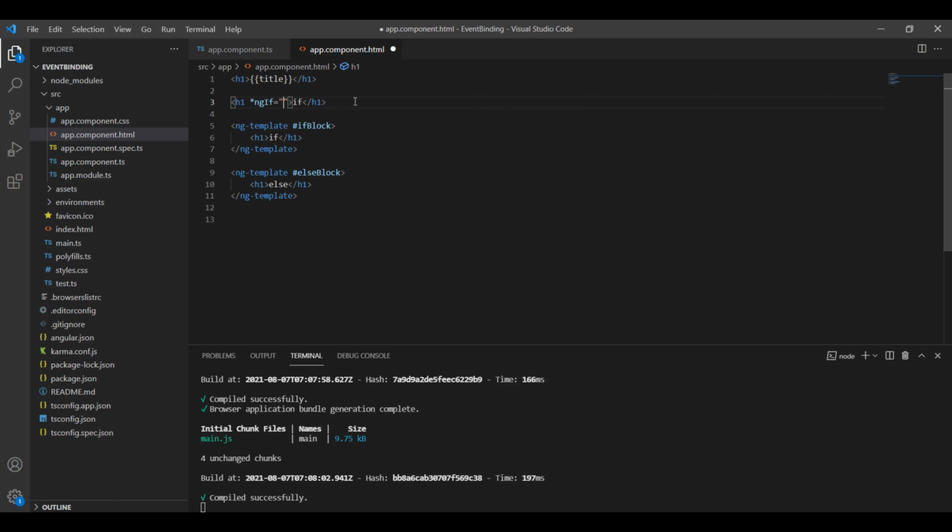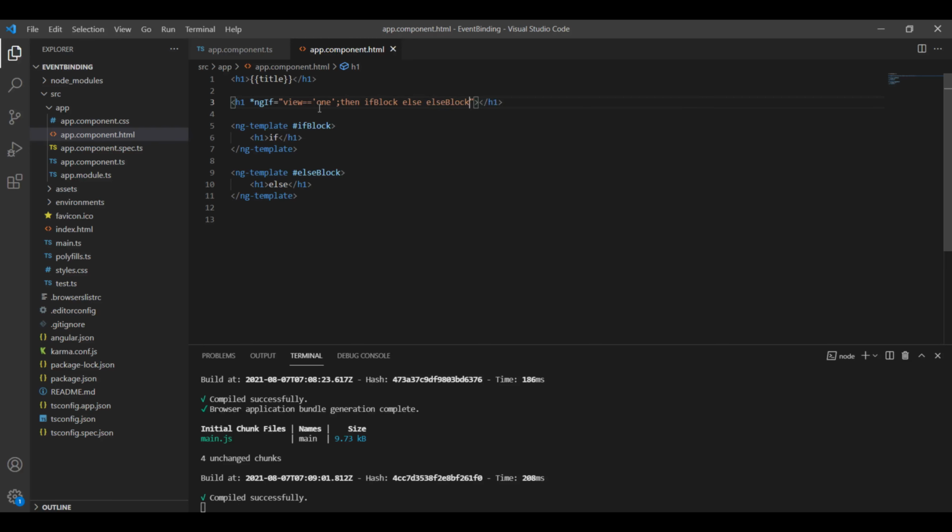Here I will write: if view equal to 1, where 1 will be the value for our variable view, then we should call this if block. Else we will call the else block.